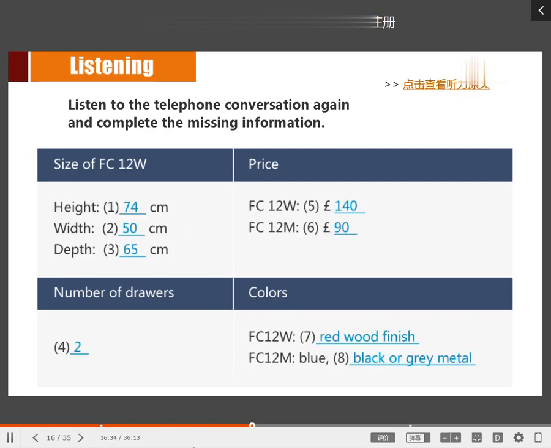Okay, great job. Here, let's check your answers. Well, some of the numbers here are pretty tricky, huh? So if you still have any questions concerning any information in this form, you can read the script of this